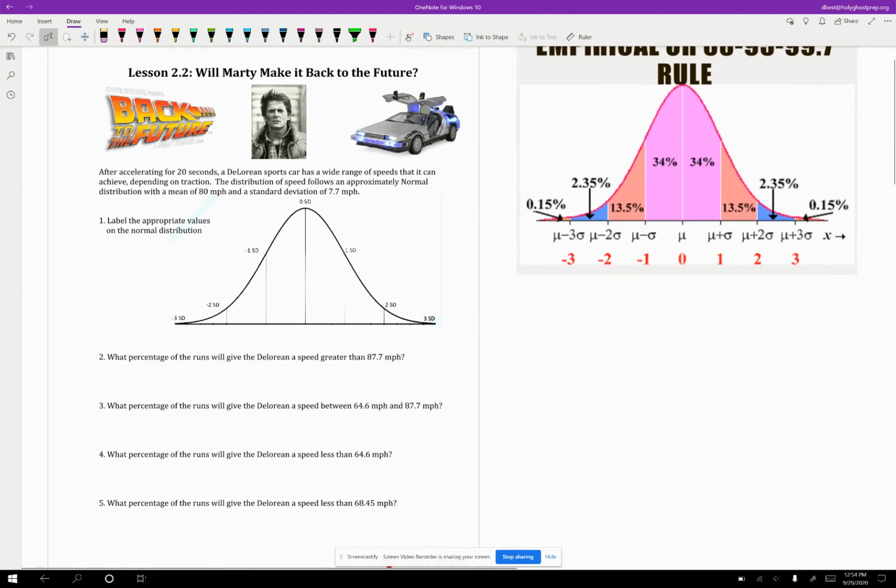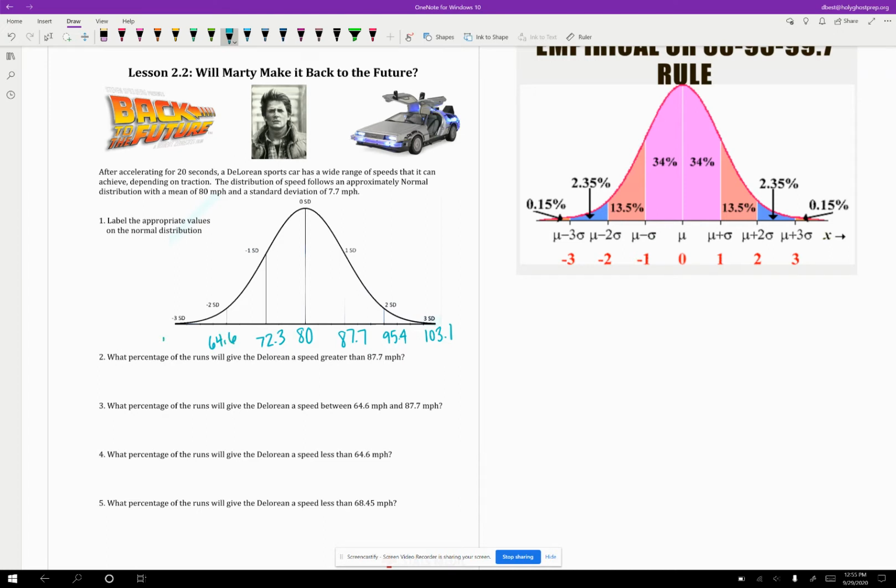So this is just like how we set up in class yesterday for the times for the stopwatch. So remember that at 0 standard deviations is your mean, and you're working away from that. So pause it, fill in your values, and then come back. So you should have had 87.7 at 1, 95.4, and 103.1 going up your bell curve, and then going down should be 72.3,